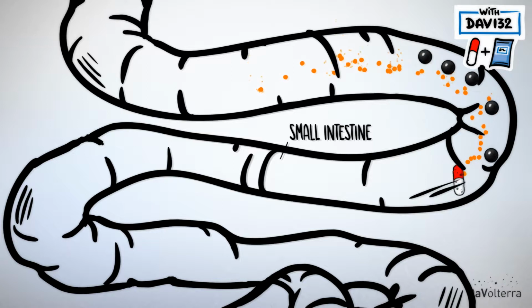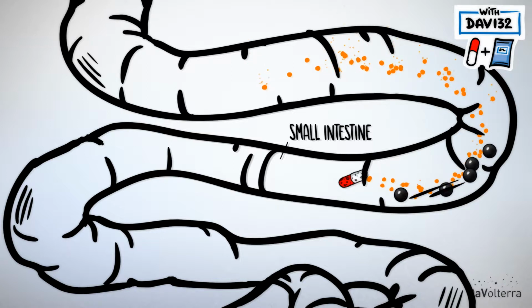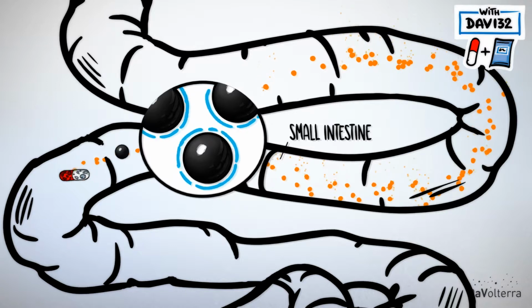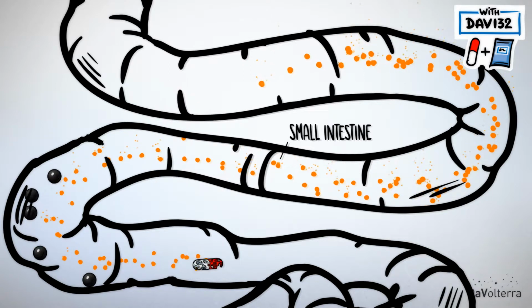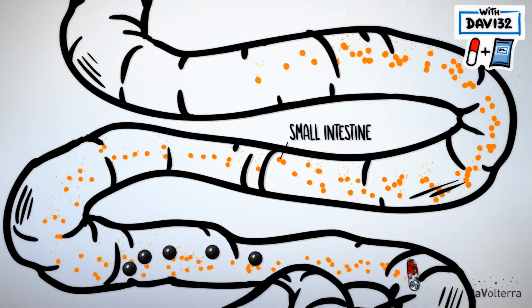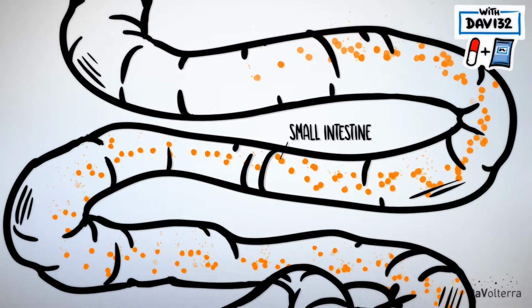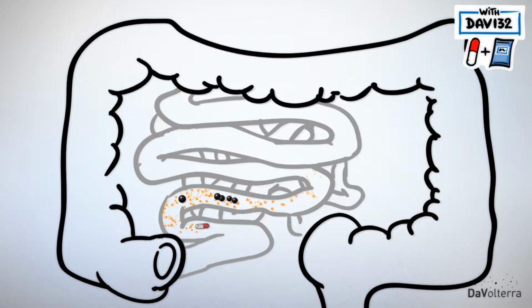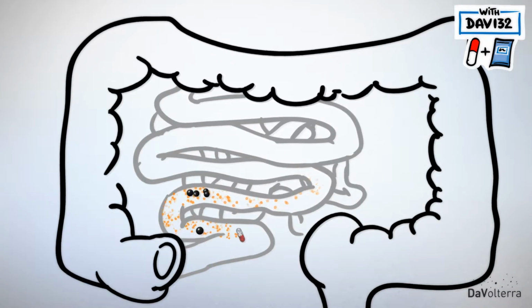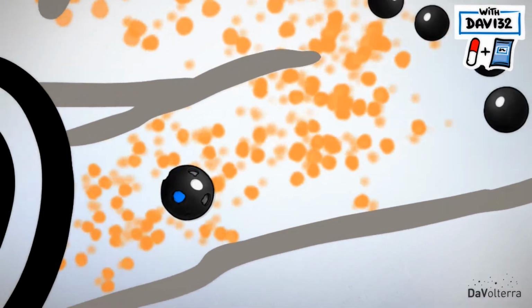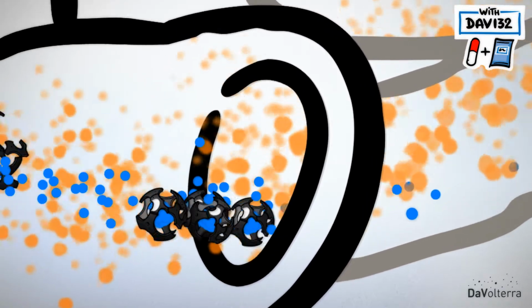Meanwhile, the DAV132 does not dissolve thanks to a special coating developed by Volterra. Consequently, no DAV132 is released in the higher part of the small intestine, and it does not interfere with the absorption of the antibiotic into the blood. Only when the DAV132 gets to the lowest part of the small intestine does it dissolve and release active DAV132